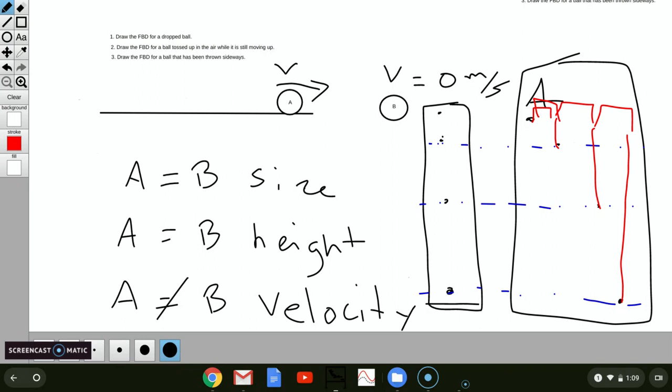Therefore, what we say is that the horizontal motion and the vertical motion occur simultaneously, so at the same time, but independently of each other, meaning they do not affect the other. The vertical motion behaves